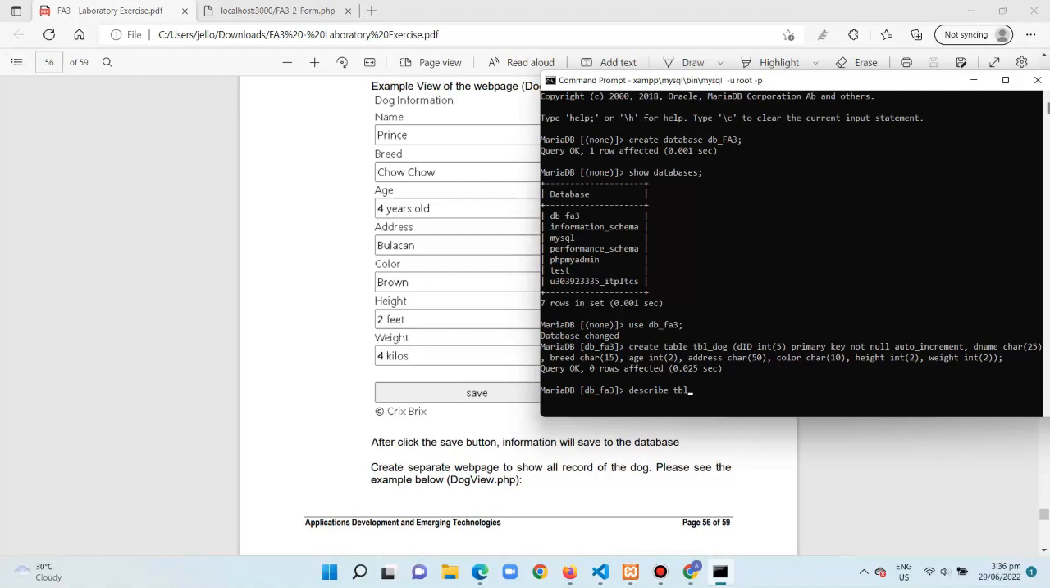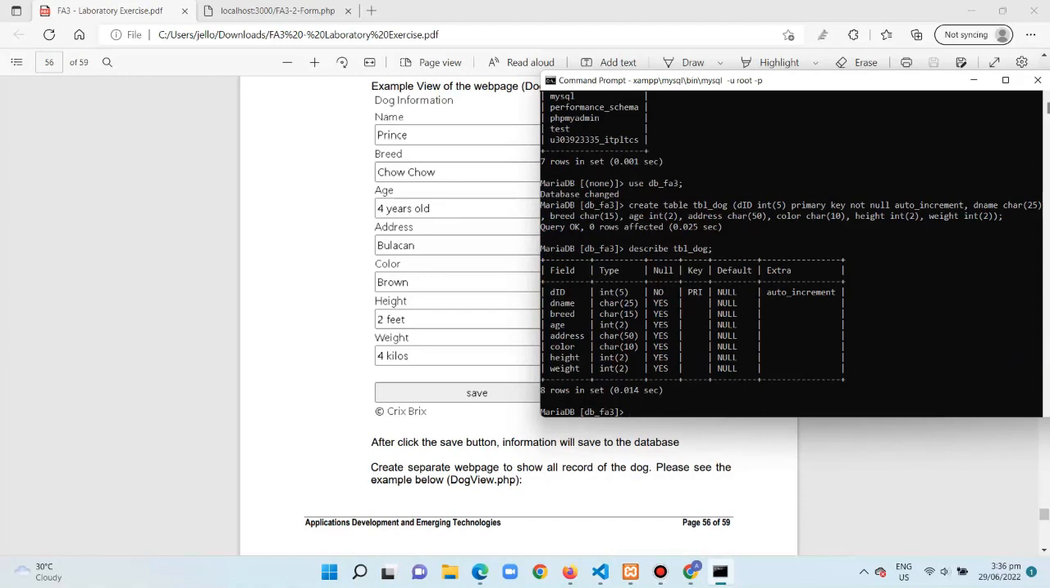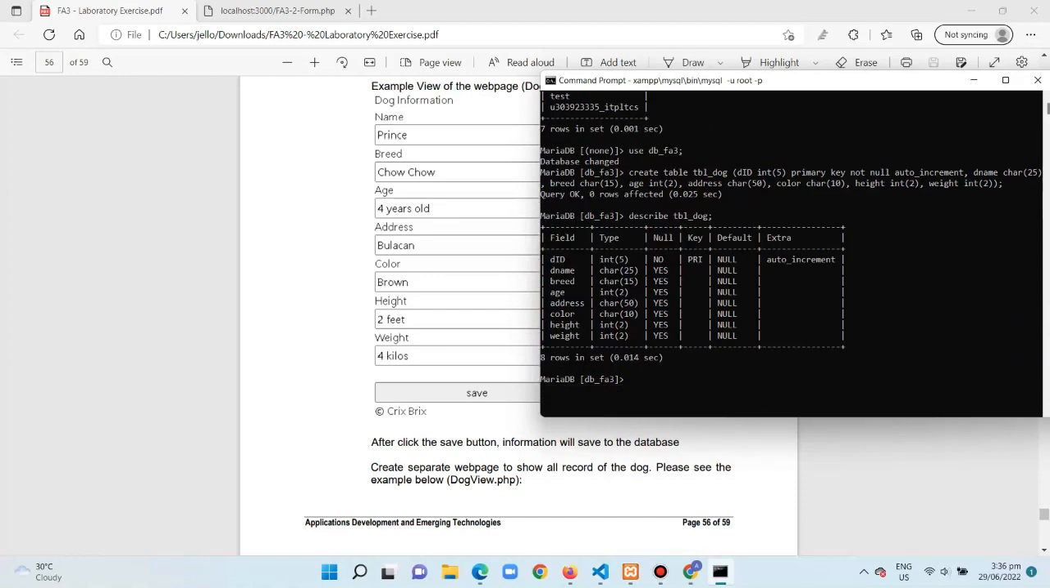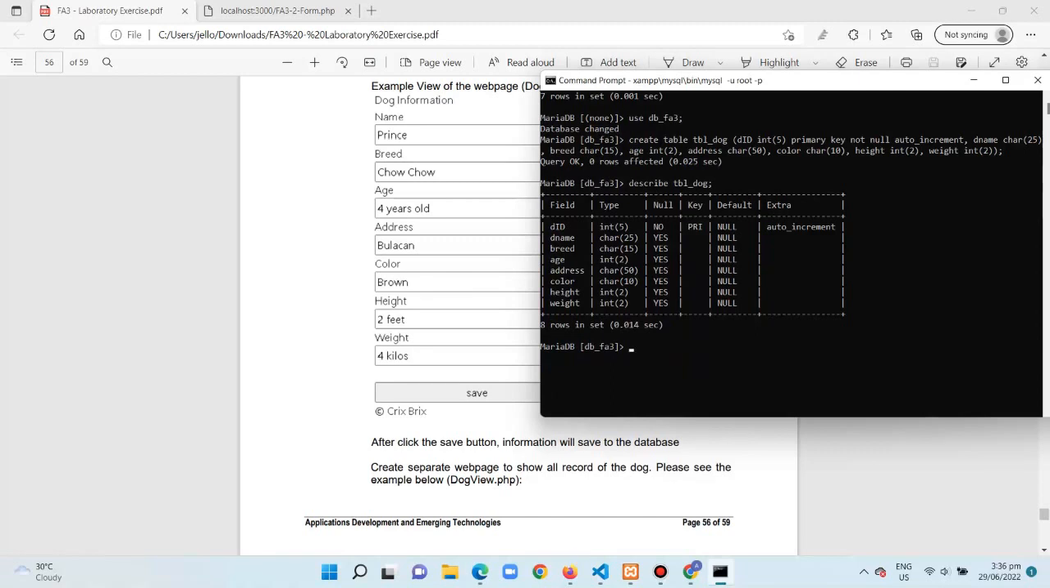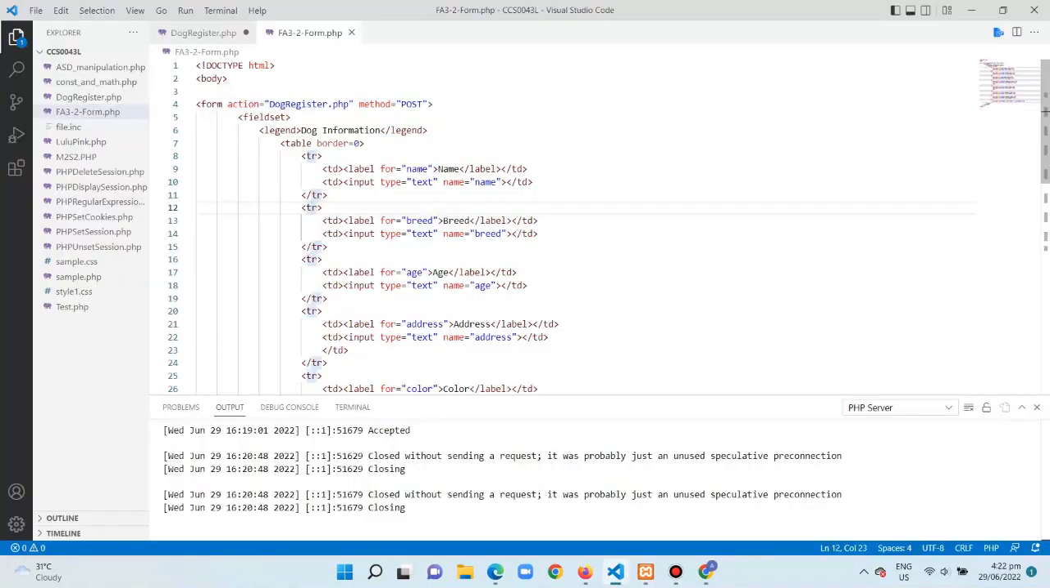Next is we need to describe it, okay, to see our table information. So here we have the ID, the name, and the rest of the fields. Okay, so we're doing it right now. So this time, since we are done with the creation of the table in the database, we need to go